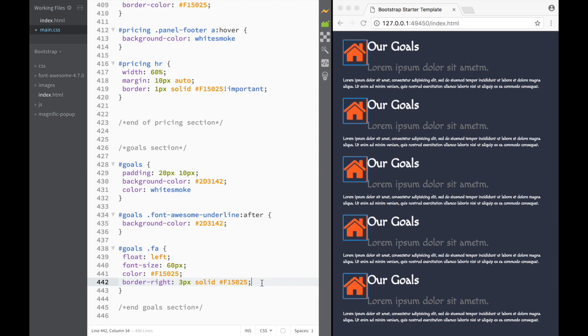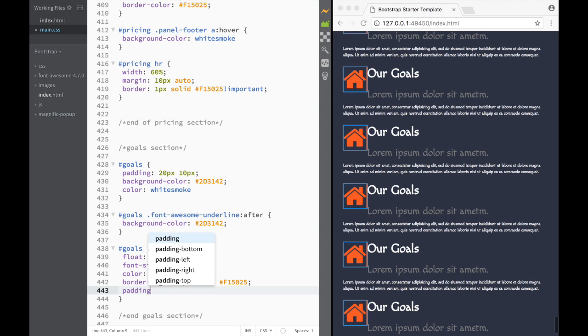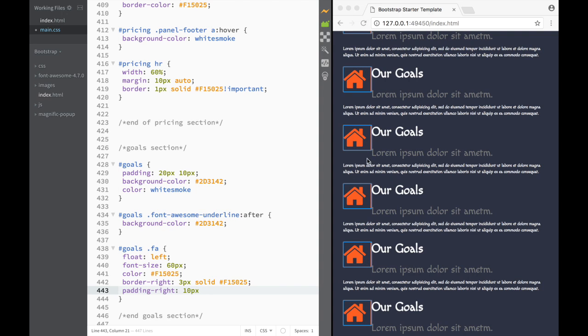Now what I also want to do is add a little bit of padding to the right. So I'm going to say padding right over here like this, and let's say something like 10 pixels. So now we technically moved that border a little bit away. Now that we're done with Font Awesome, we can probably start working with